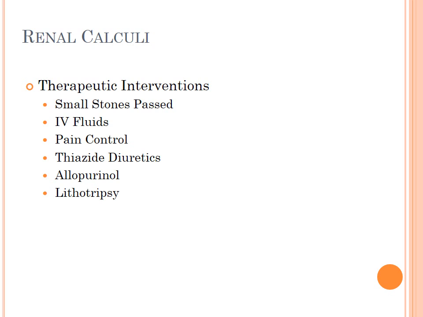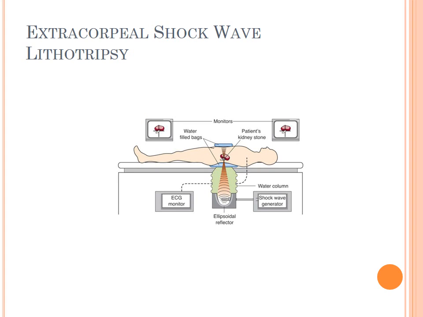Somebody that has significant renal colic might be admitted on IV fluids to help the stones flush out. And one of the things that we do is strain the urine. It looks like a colander that all urine goes through to catch the stone that's passed and to have that analyzed for what it is composed of, to prevent recurrence. This is a picture of extracorporeal shockwave lithotripsy, from outside of the body,